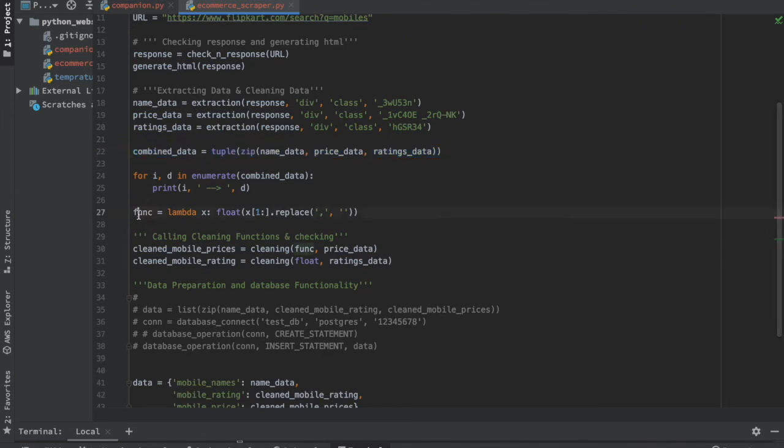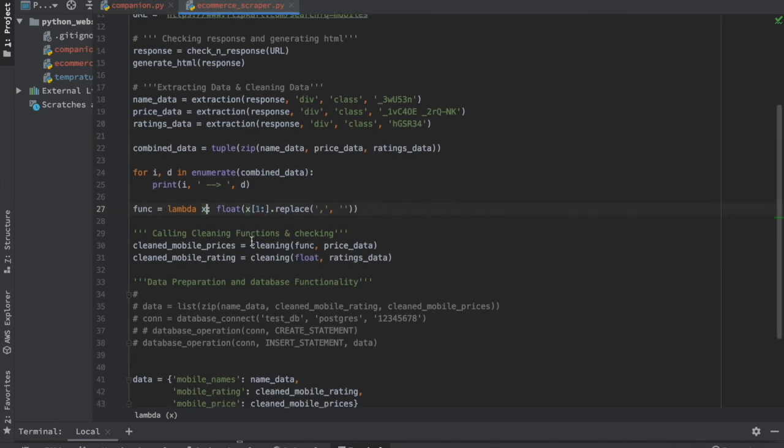And there is this lambda function, so we can apply a lambda on a map. I'm doing it for price, so I'm going to convert the whole data into float. For every element x in that iterable, convert it into a float by removing the zeroth element, taking the string from first to the last, and applying one more thing: replace the commas with nothing. So if it was rupee sign 7,999, we have the rupee sign removed, comma removed, 7999.0, so that will be a float.